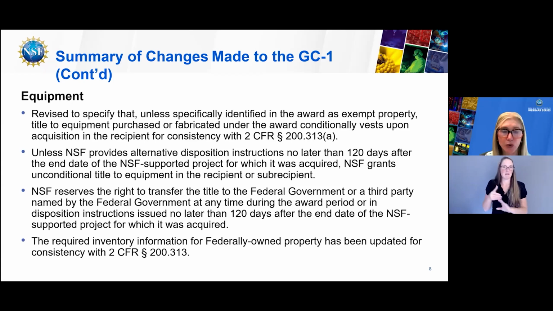And then finally, the required inventory information for federally owned property has been updated for consistency with 200.313. The bottom line here is that bullets 2 and 3 were always there anyway. We have added no new requirements. The only thing we have done here, and I want to make this clear, is that instead of